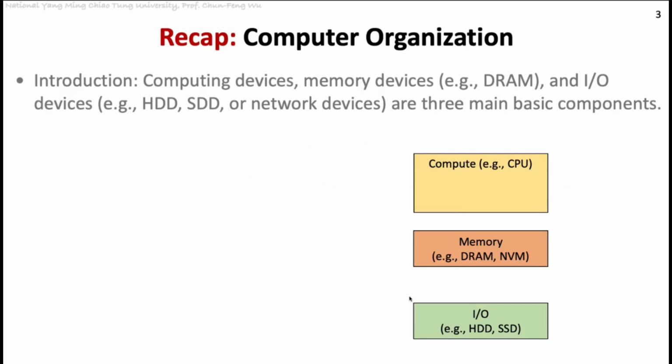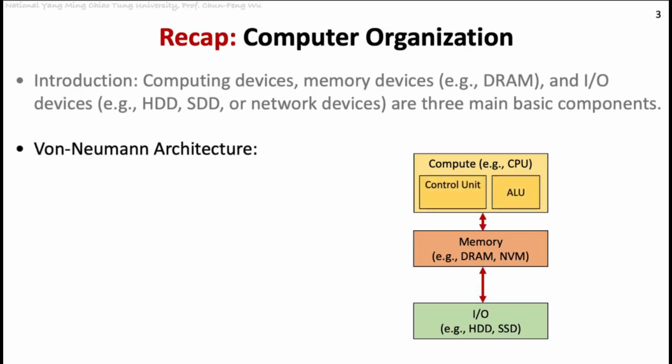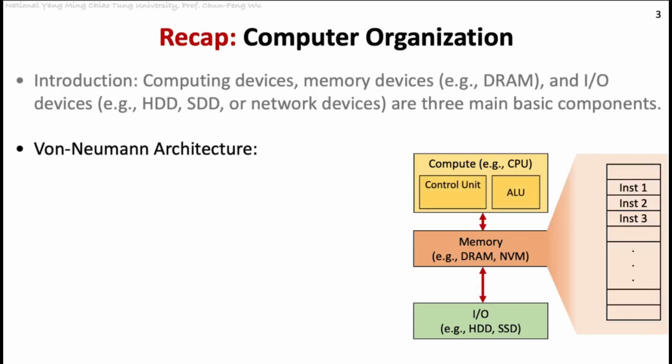So for each class, we'll do a recap of the critical contents from last week. First of all, last week we talked about the computer organization. So there are compute, memory and I/O. I think the most important thing is how the CPU works to access the process. When people talk about a process, it is a combination of the program and the related CPU and memory resources, right? So for a program, just like you write a C code,